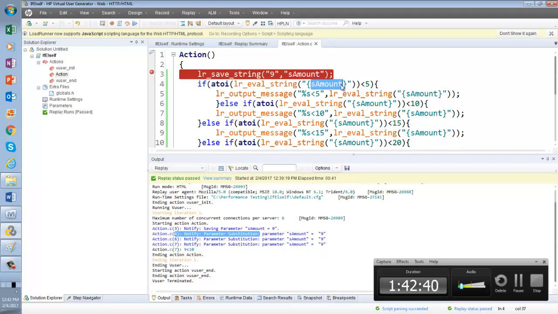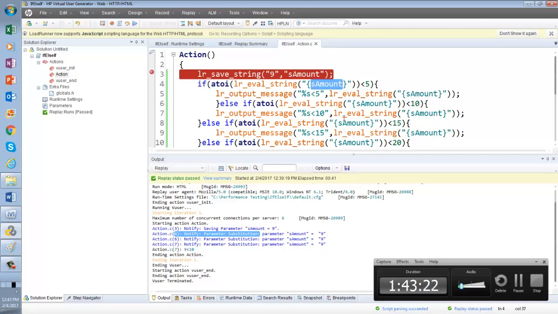Is it clear? What is the purpose of the log? Understood? You're changing 9 to a string kind of. Yeah. So we are not using that s amount, we are using its value. What we have in it? We have a glass, but what is in that glass? Milk or water? We are mentioning, okay, we are using that 9. Clear? So what does the log do? By seeing the log, you can see what it is doing at what line, and from what line what you are getting. But my question, particularly in this case, every single one is going to be 9 anyway. Yeah. No other way of having any other number.